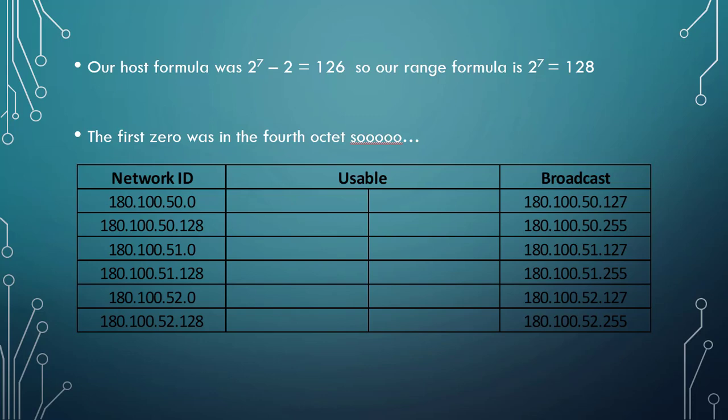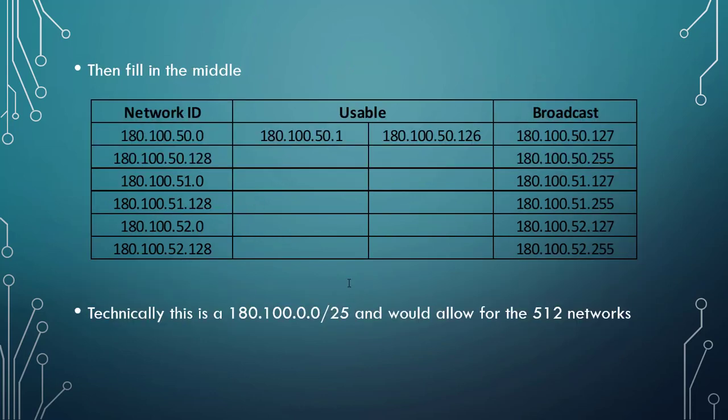All right, then once we have both sides filled in, we can slap in the middle. Now, technically, this is 180.100.0.0/25, and that would give us our 512 different networks, because we have 2 networks in each octet, or each binary of the third octet. So we've got 1 network in 50, 1 network in 50, 2 networks in 51, 2 networks in 52, and if we take 256, the total combinations of numbers there, and multiply it by 2, we would get our 512